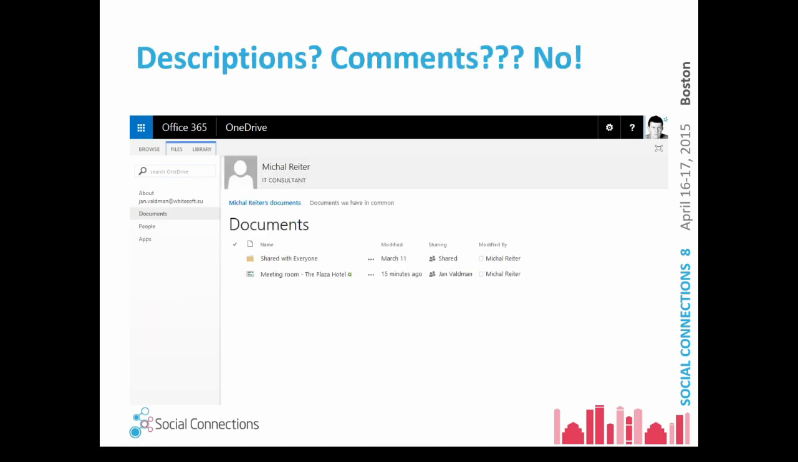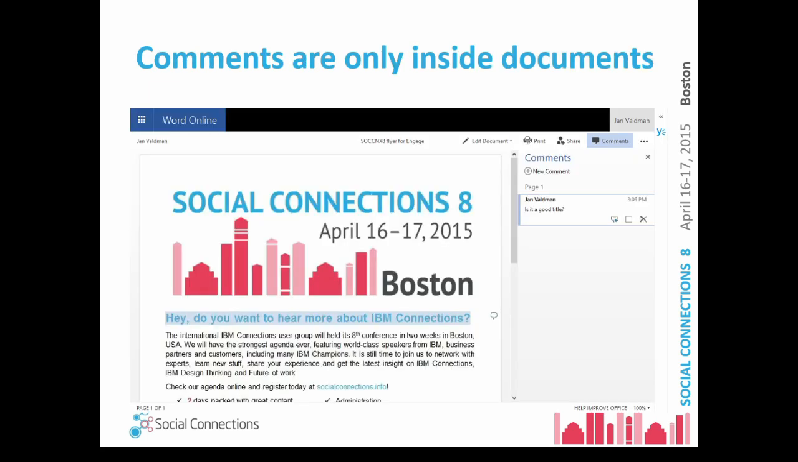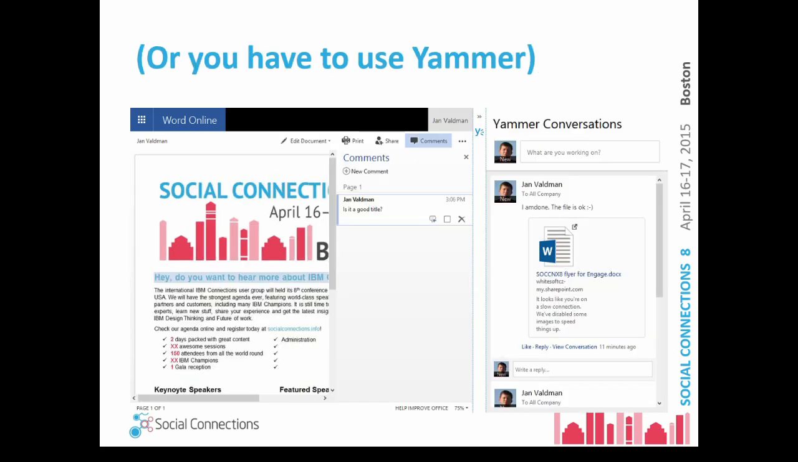And what's most important, there are no file description and no file comments. So from this point of view, Office 365 have almost no social features. To work with comments, you can either enable them in the online editors or use Yammer. Yammer is hidden behind the blue icon on the right side of the screen, and if you open Yammer, you can start conversation regarding